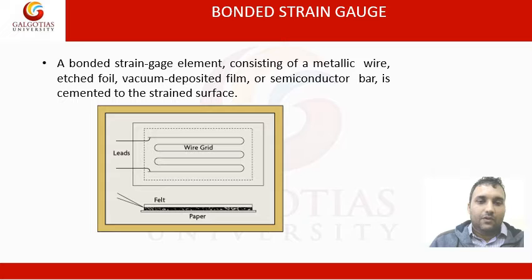As we know, this small wire is part of a circuit, and when strain is applied across this strain gauge, there is a change in length, and corresponding to the change in length there will be a change in resistance also. So upon change in this, resistance can be measured so that strain can be calculated in that particular part.